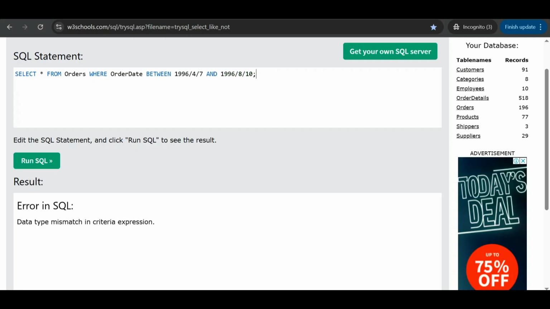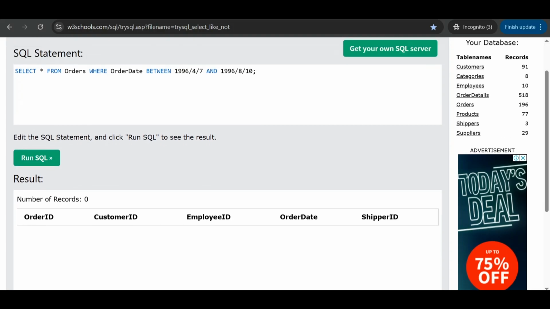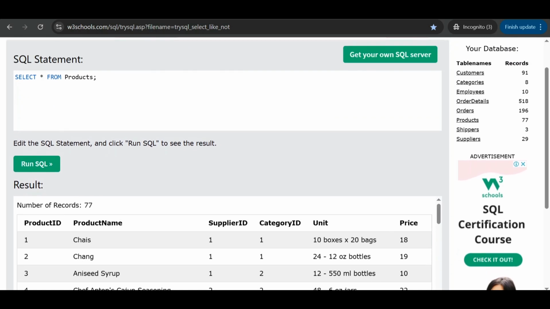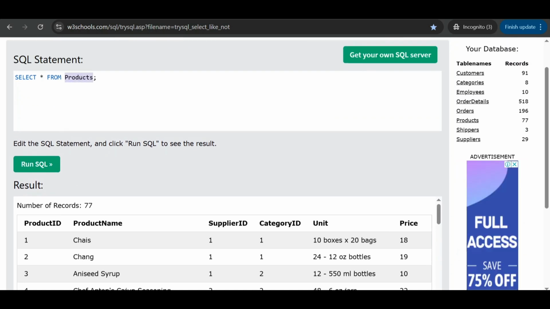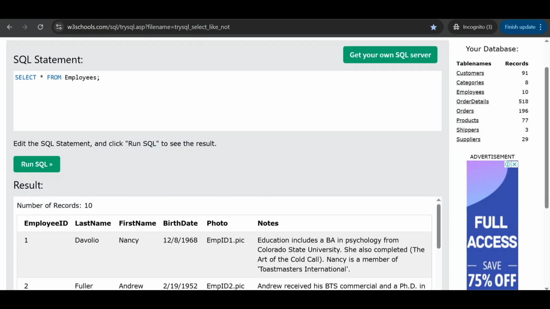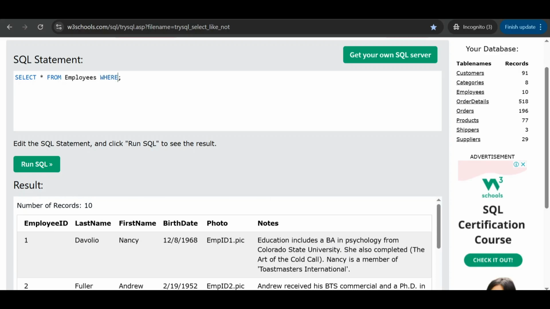Let's try again. It's also zero records. Okay, I will try another table, like products. No. Employees. There is a birth date here. Okay, I will try again.